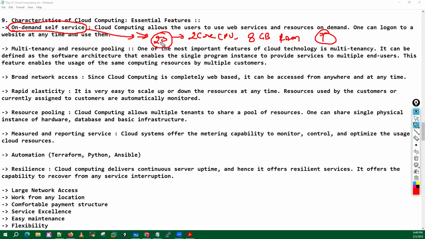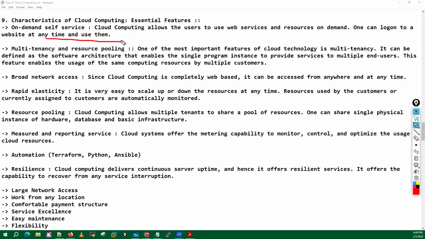Or you need 20 servers with this capacity to launch a couple of servers. So they are available on the basis of demand. Cloud computing allows users to use web services and resources on demand. One can log into a website at any time and use them. They just need to log into the cloud service provider website or console, and from that console they are able to create these resources. Okay, now